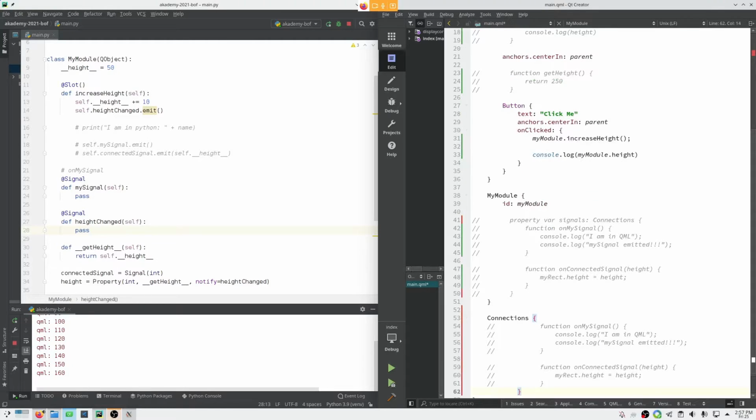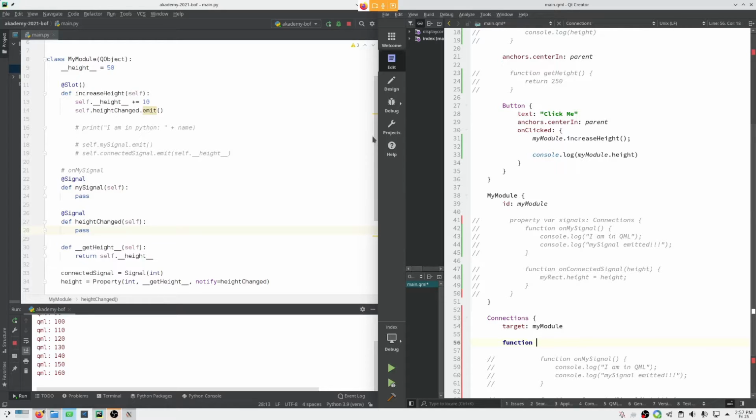We can do this also, and in this case, since I am declaring it outside the module, I need to set a target which will be the reference to that instance of that module, and you can handle your signals like this. Let me show you.